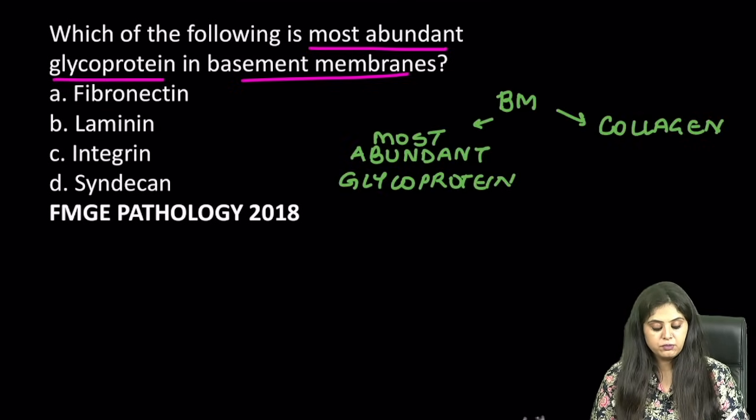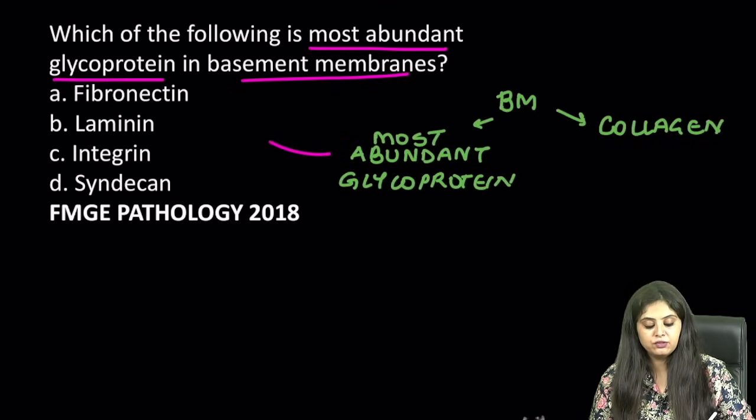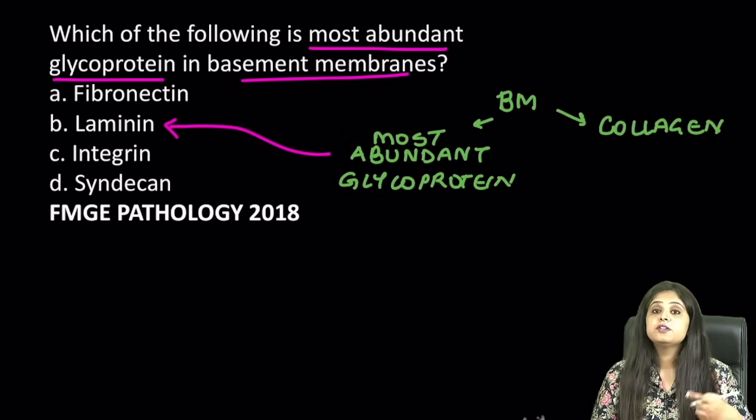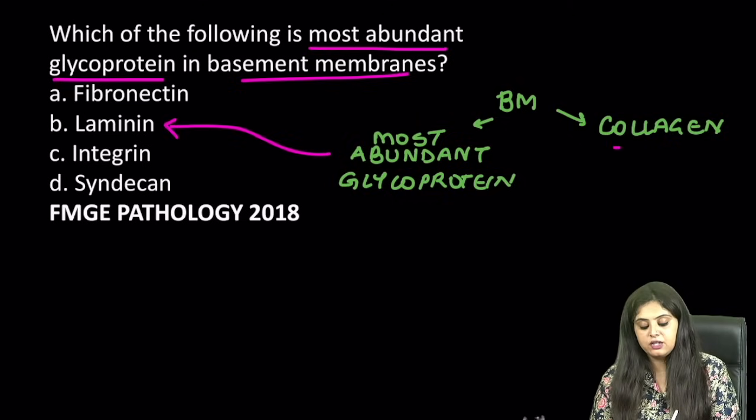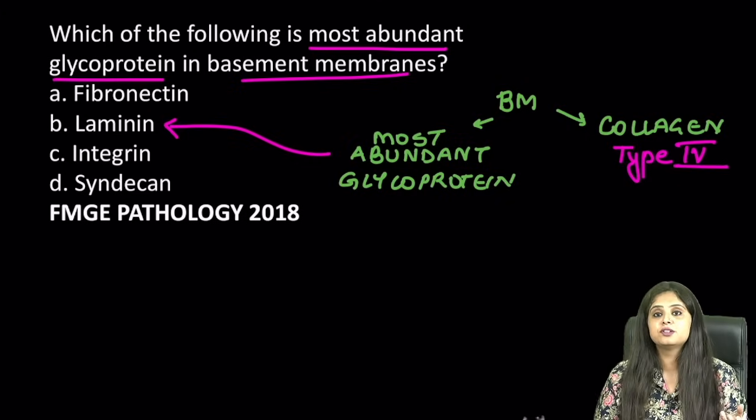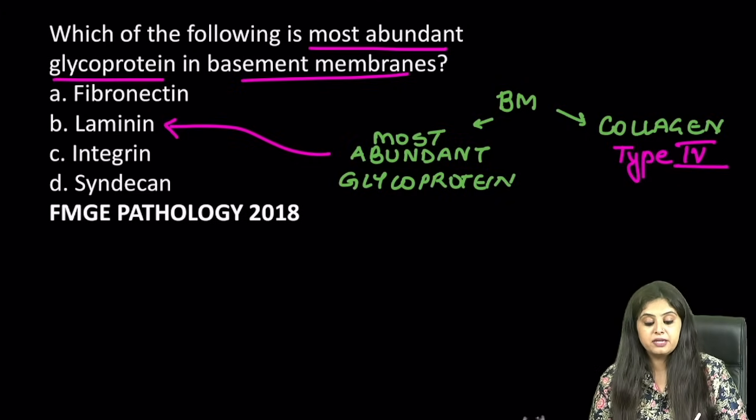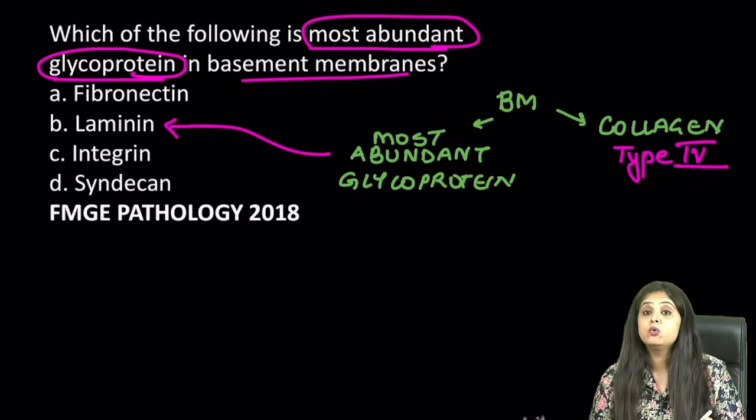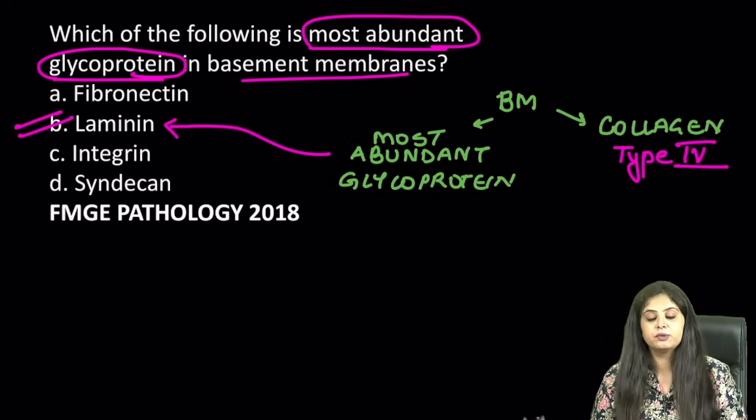So now they've asked you for the most abundant glycoprotein, and that is going to be laminin. Because if they would have asked you the most abundant collagen, then your answer of basement membrane would be collagen type 4, but here it's not the question asked. Here the most abundant overall glycoprotein, even more than collagen, has been asked, and the answer is going to be